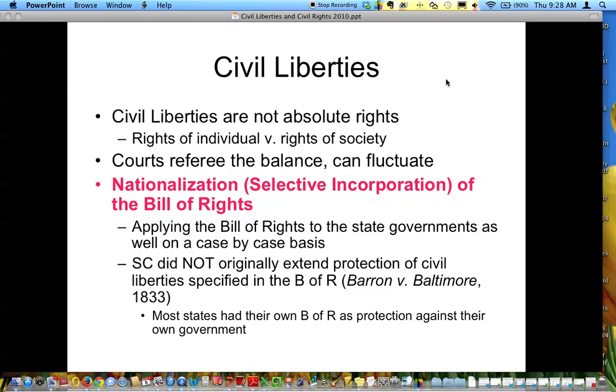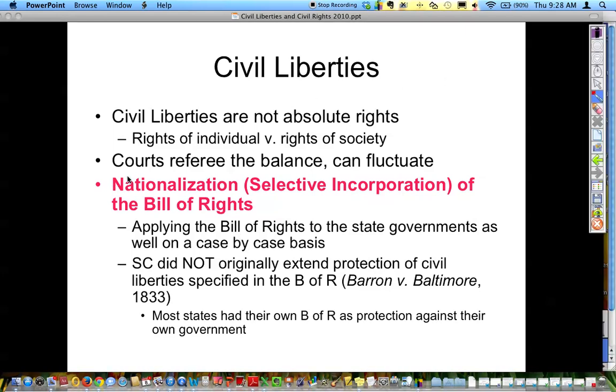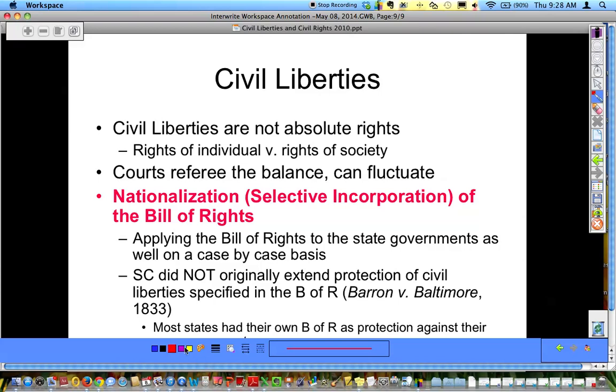I want to spend a moment to talk about this very important topic, and I'm going to write this down. The AP test has consistently dealt with this topic. The nationalization of the Bill of Rights is also called selective incorporation, and it's also called the modifying effect of the 14th Amendment. And I feel like I've stressed in class over and over again, there are two due process